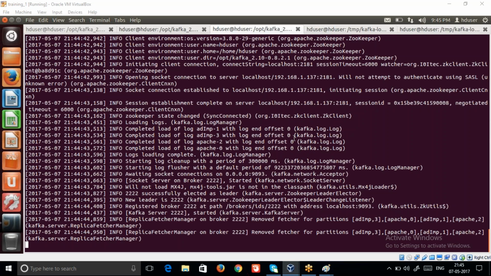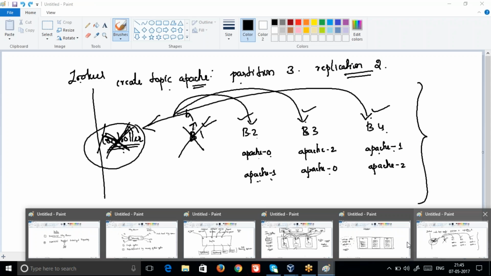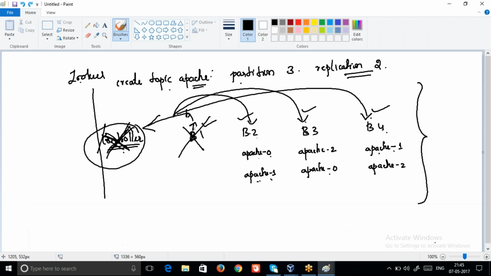Whenever the whole cluster is down, whoever comes up first, or whoever is able to create that folder first, that broker will become the controller. And the controller chooses, now the controller has chosen, let's assume, broker 2 has the original master copy,